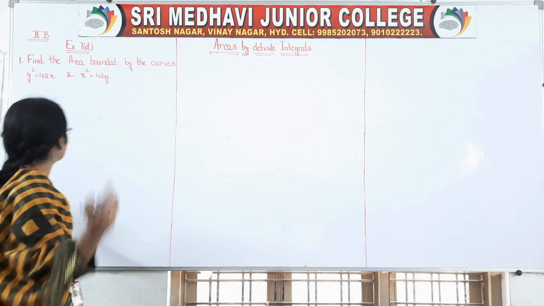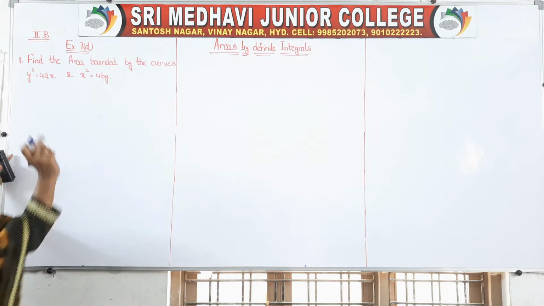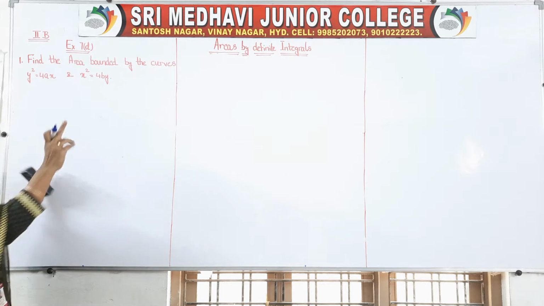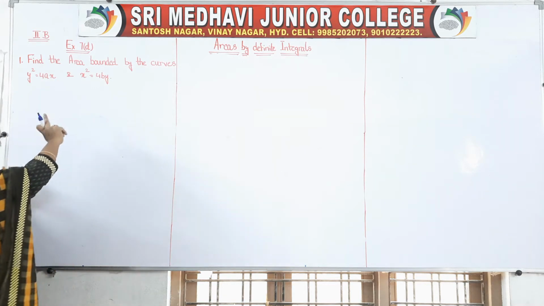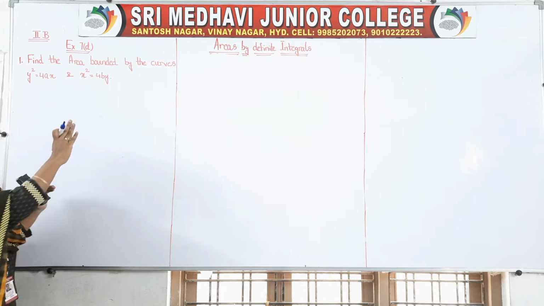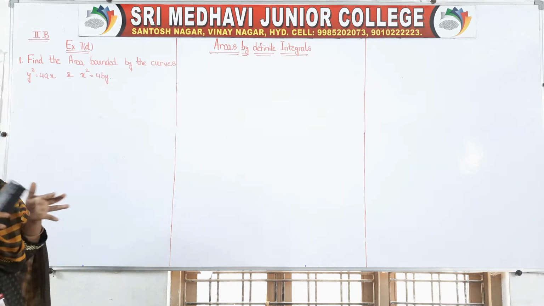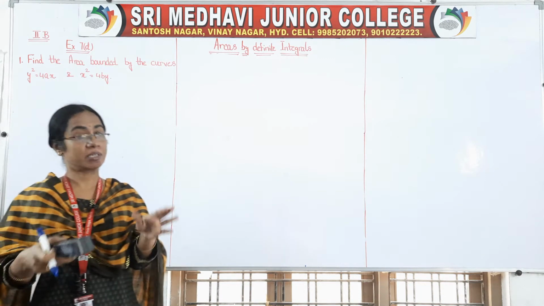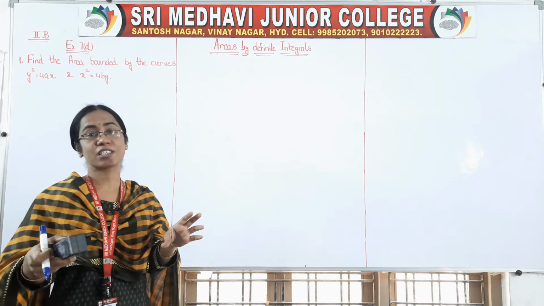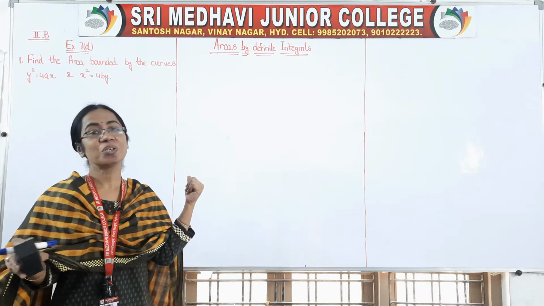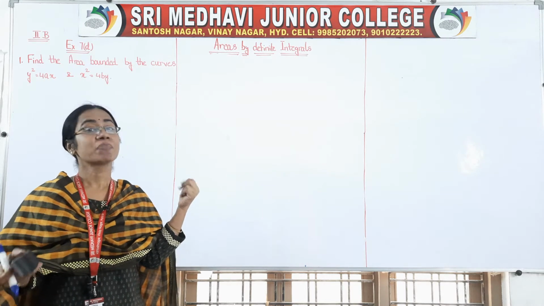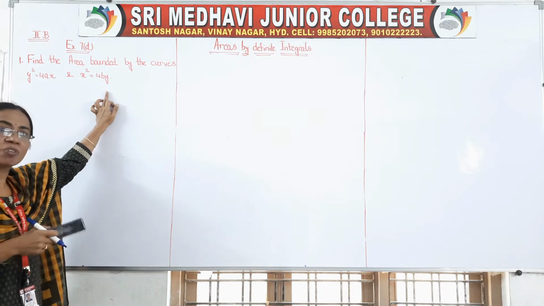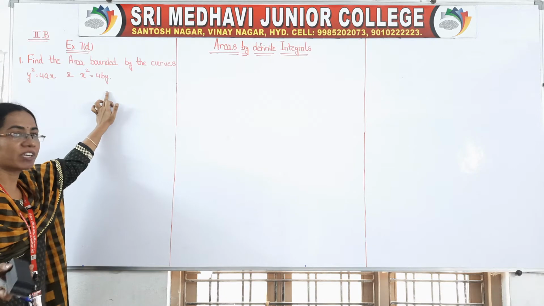Okay, so come to this question. Find the area bounded by the curves. Already we have gone through the chapter parabola. Just by seeing this, you will know that these two are parabola equations, isn't it? So that means here no need to construct the table. Till now, by seeing the table only we constructed the diagram, but here no need of the table. Why? Here we know that this is one parabola equation and this is one parabola equation, and we know the shapes also. So directly we can draw the diagram.